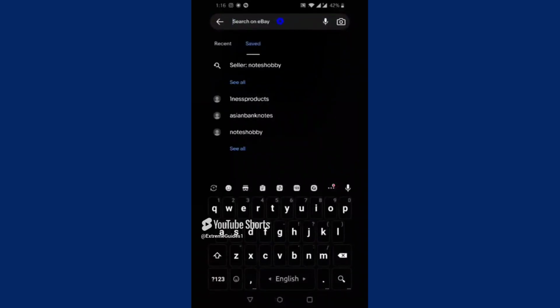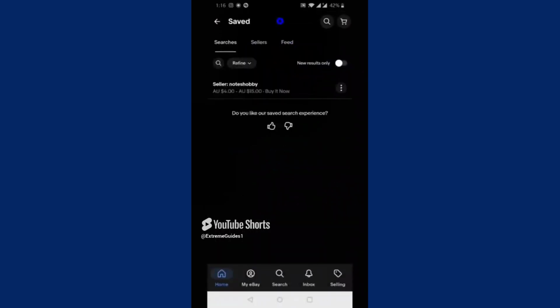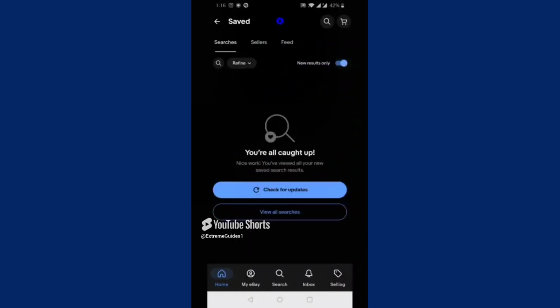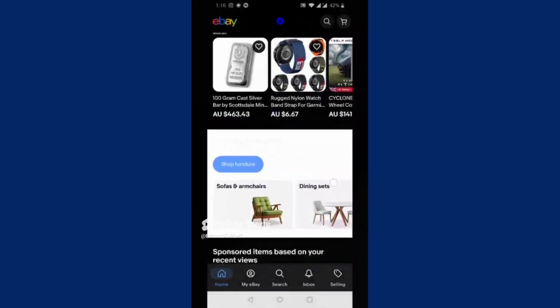Additionally, many sellers have an online store page linked to their profile. From this section, you can browse all available listings from that seller, giving you a comprehensive view of what they offer. Once you have confirmed that this is the seller you want to keep track of, you can choose to